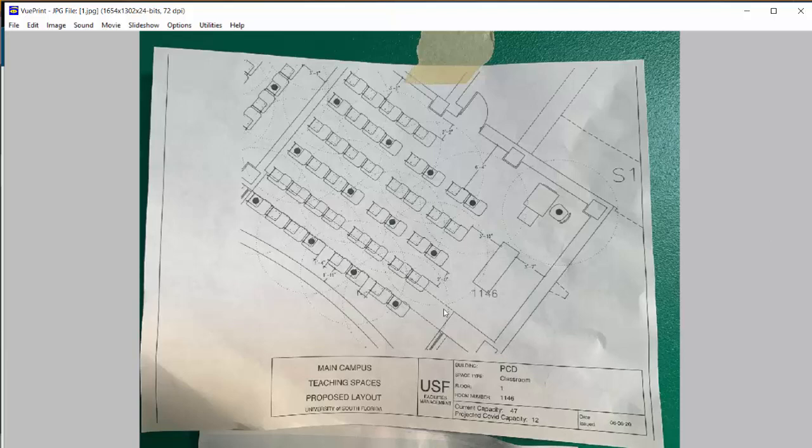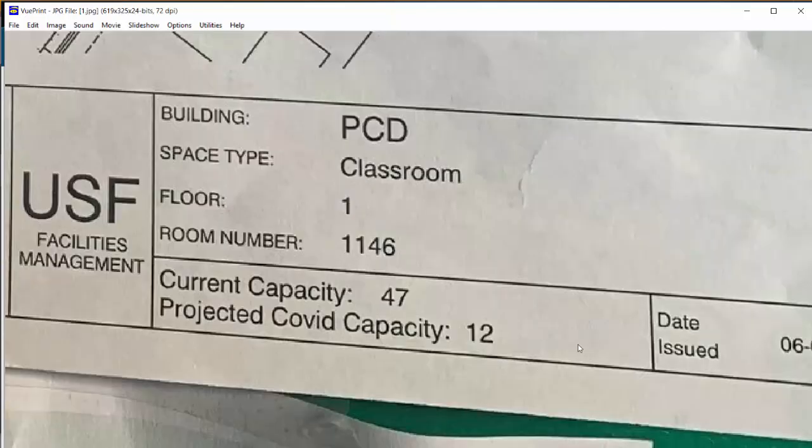And one of the other things you're going to want to look for is the capacity down here at the bottom. So originally the room had a capacity of 47. Now it's just got a capacity of 12. So if you're in a position where you need to make a rotation plan for your students,